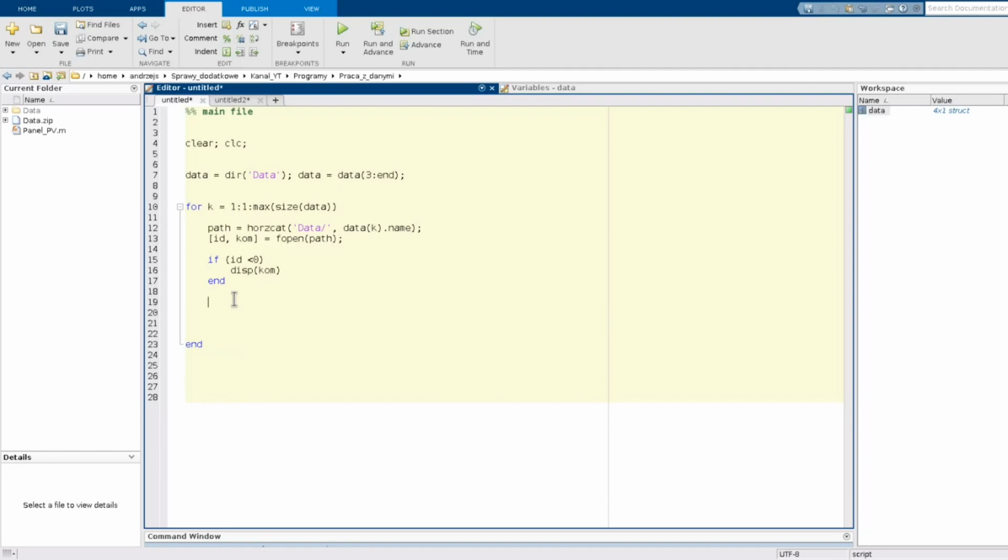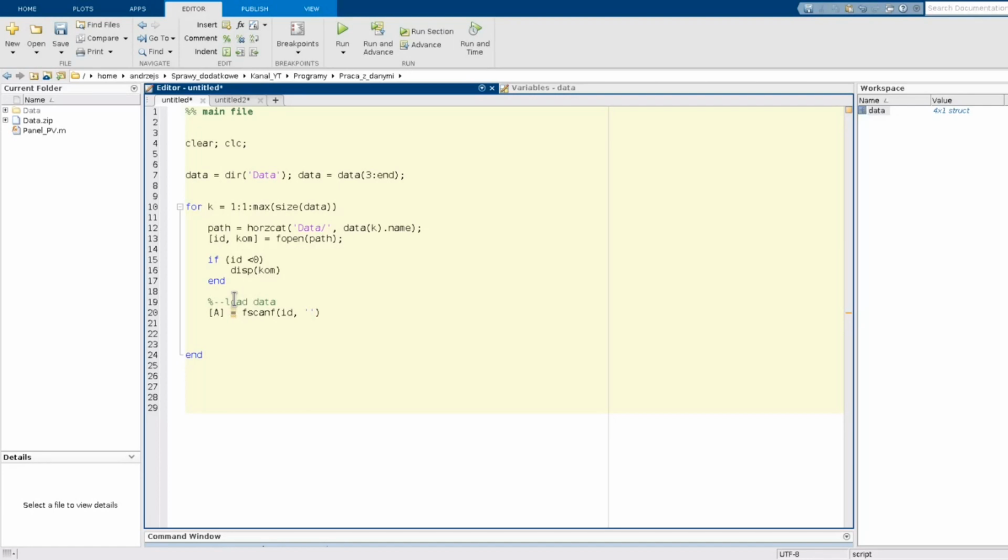Okay, so we need to load data. We use the fscanf function, which will return the array of numerical data, which I called A. Okay, so fscanf, okay, and then the arguments are the ID of our file, then the argument which describes what the data are.